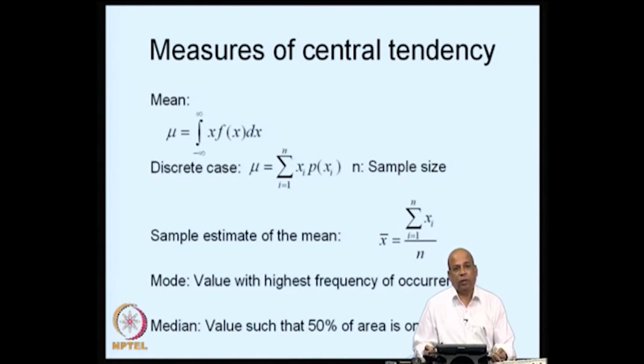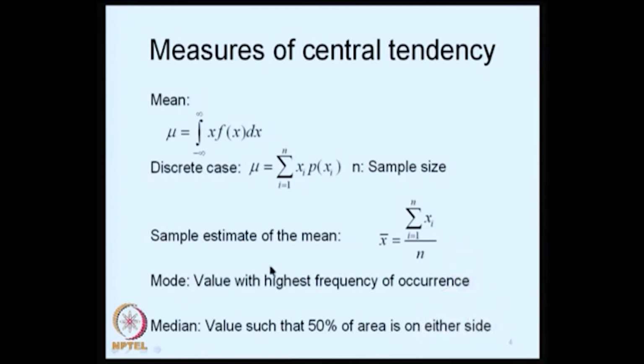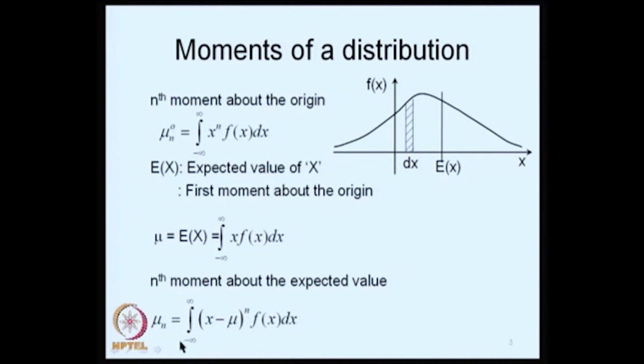So, this is the most important measure of central tendency, namely the mean. We also have the concepts of mode and the median. Mode is that value which occurs with the highest frequency. For example, if you have a distribution like this,